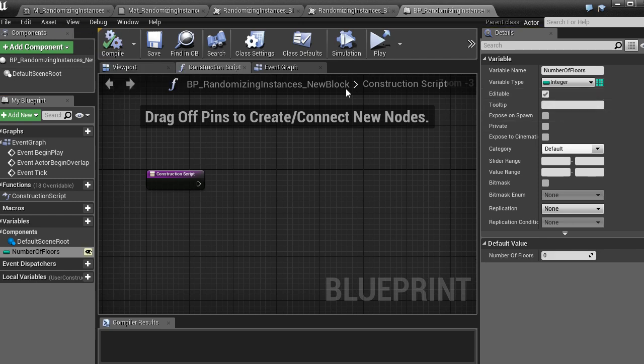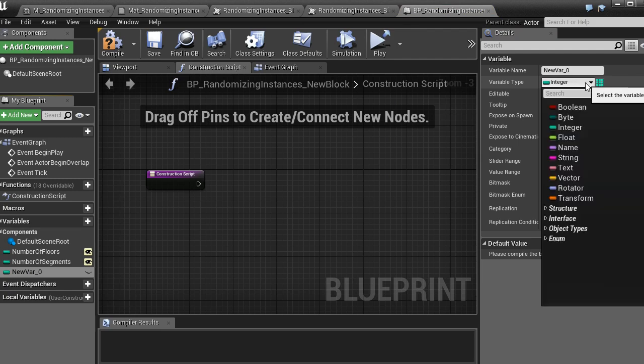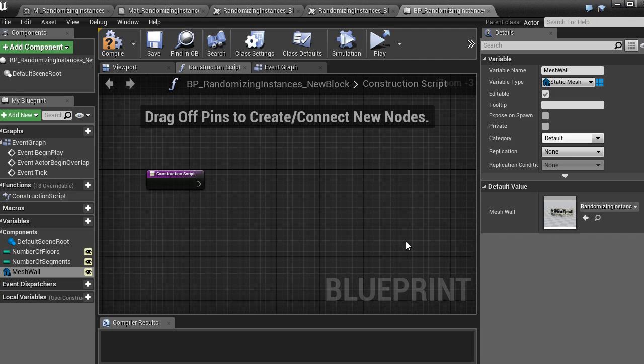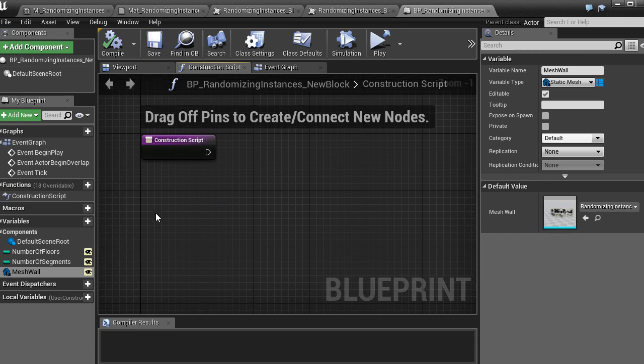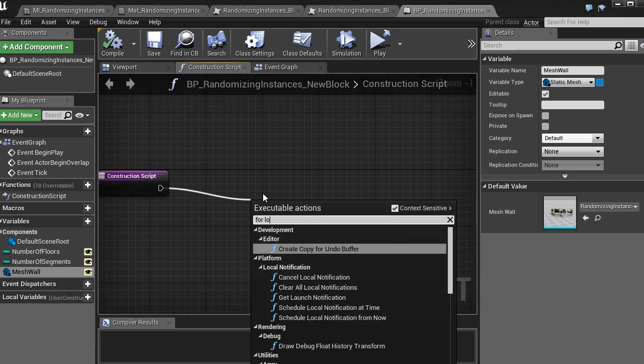So basically the user can edit this value. And for my convenience, I can create a variable of type static mesh. For example, my wall module.